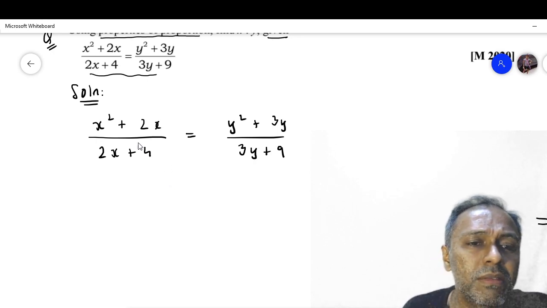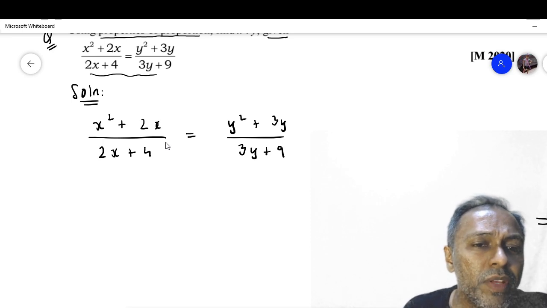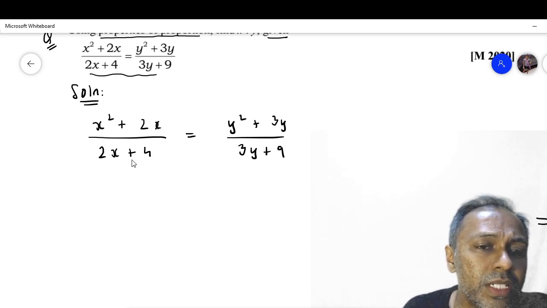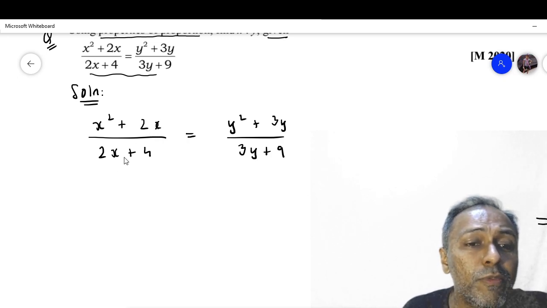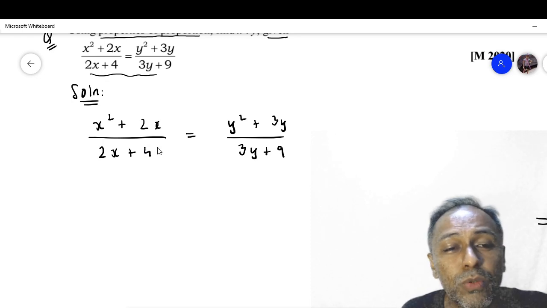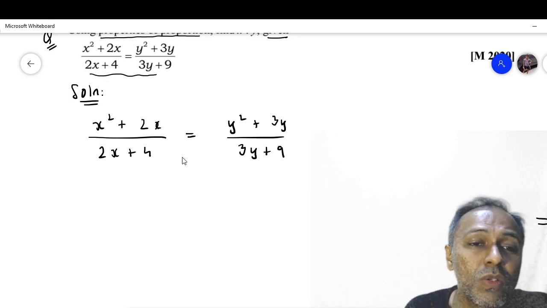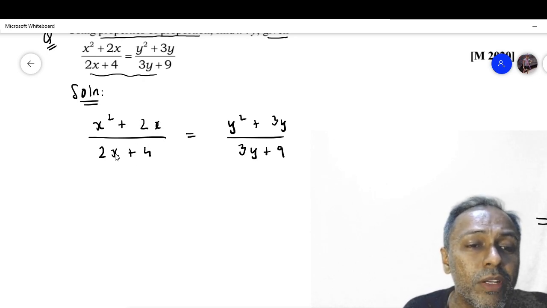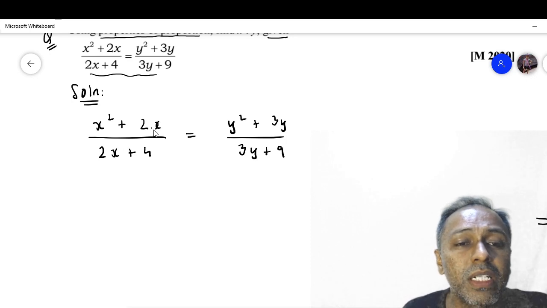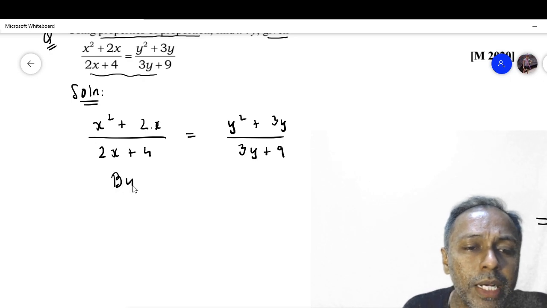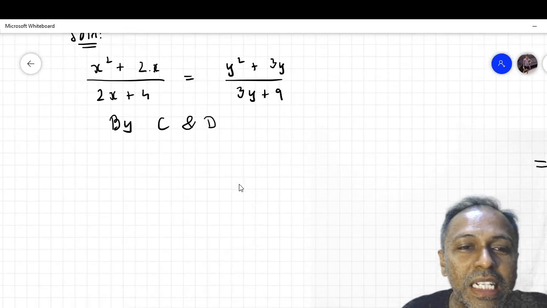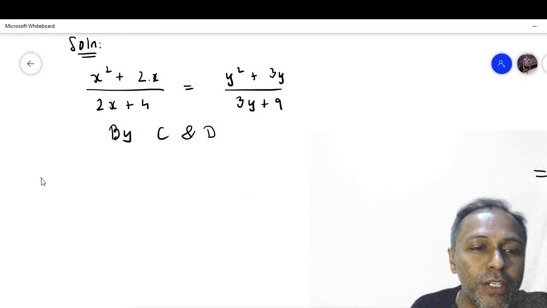We are not able to identify any conjugate terms, but we are able to observe that this 2x and this 2x can get subtracted and it will become 0, or if they get added, it will become 4x, which participates or which are usually the terms of perfect square. So that is an encouraging step here, that we can use componendo and dividendo. If they get added, it will form a perfect square. If they get subtracted, well and good, the terms will reduce in size. So we will now write by componendo and dividendo. I will take liberty to write C and D for some time for componendo and dividendo.